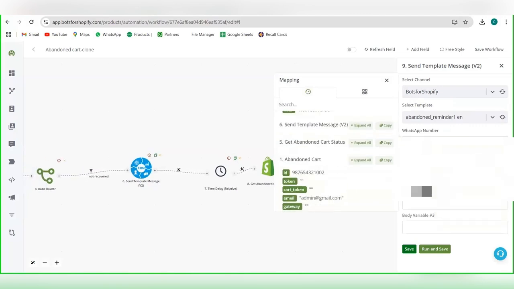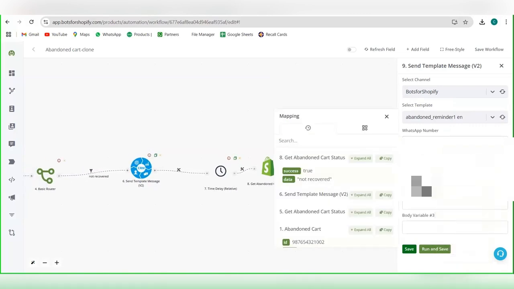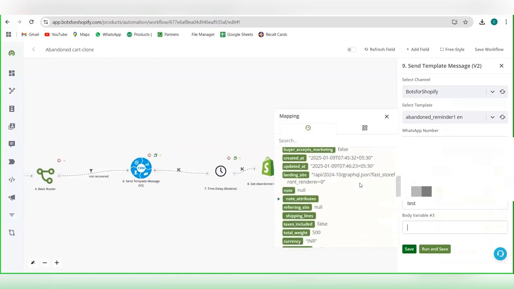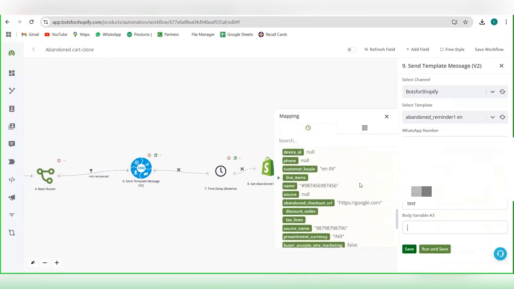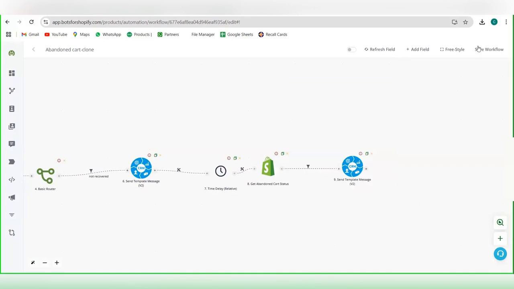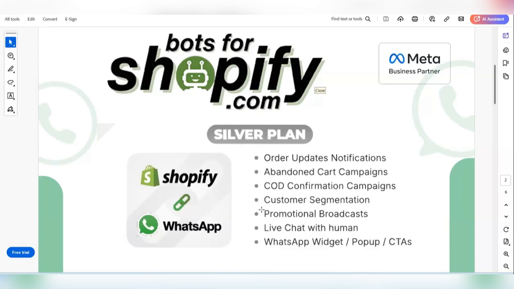So let me add a fixed number and let me add the details and the URL for abandoned cart checkout, and I'll save the template and I'll save the workflow. This was the abandoned cart workflow. Okay, so now